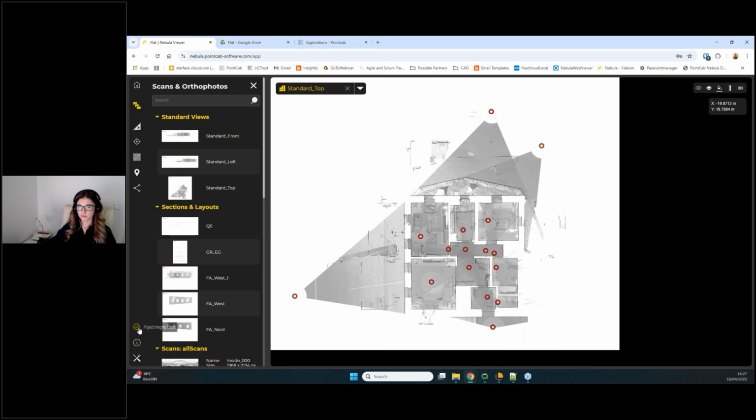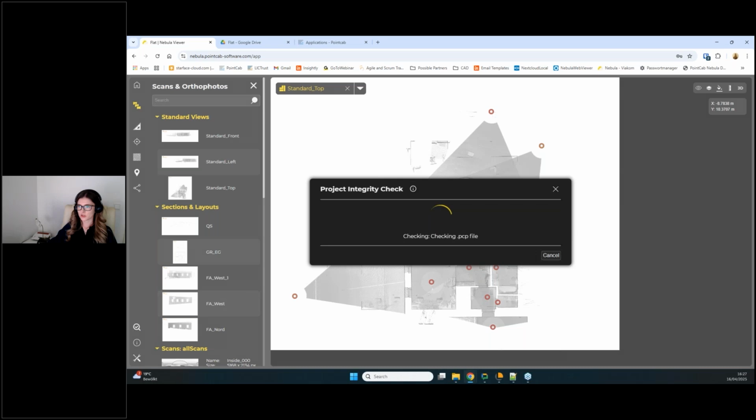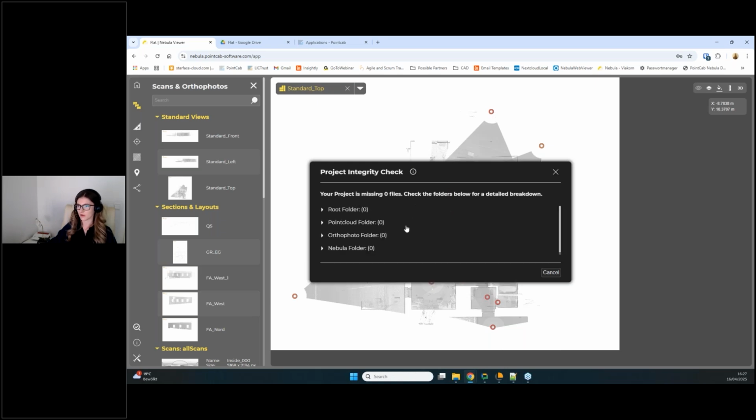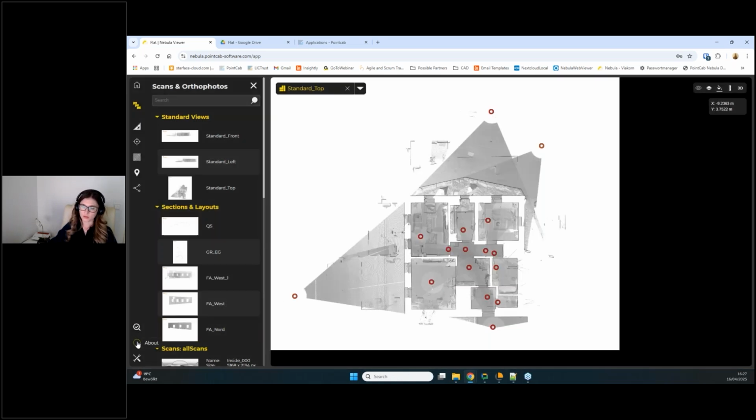And then in the bottom part of the sidebar toolbar, we have here a button for project integrity check. So let's say you're going to get an error message if something is missing. You can use the project integrity check to go through the project structure and see if something is missing. And once this process is done, you're going to get the list with everything that is missing. In this case, nothing is missing. So we're good to go. Then there's an info or about button where you get some information about third-party licenses and so on,